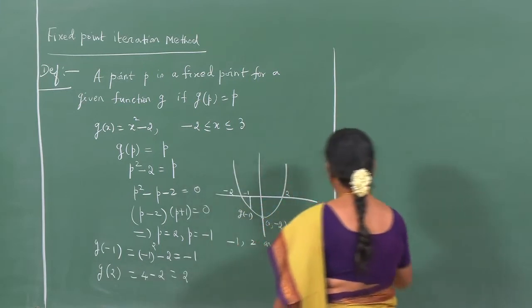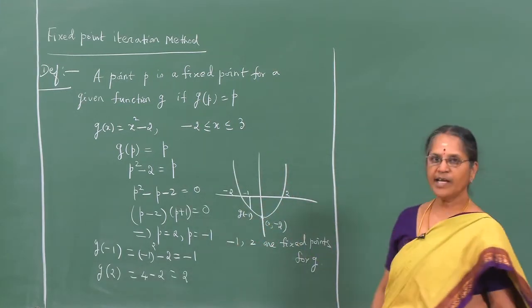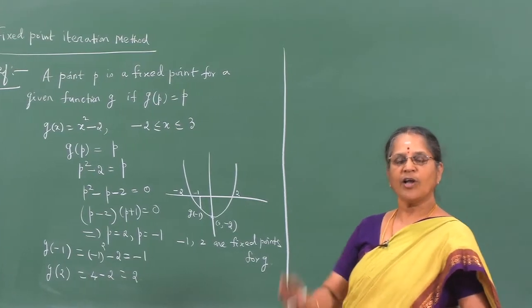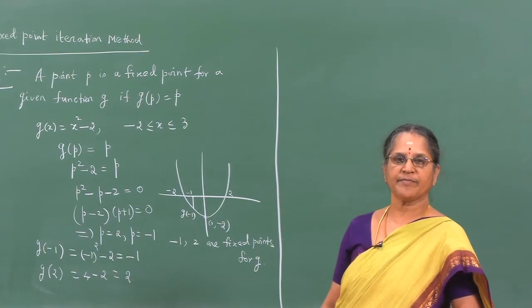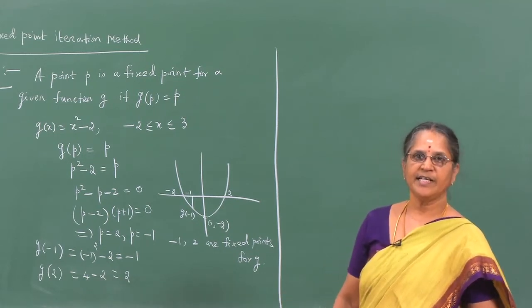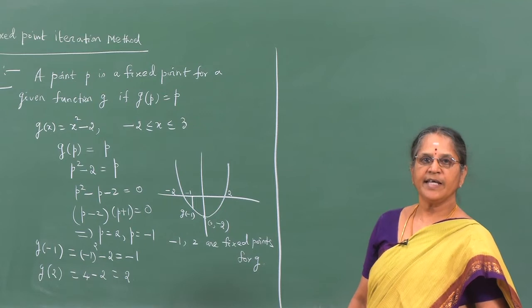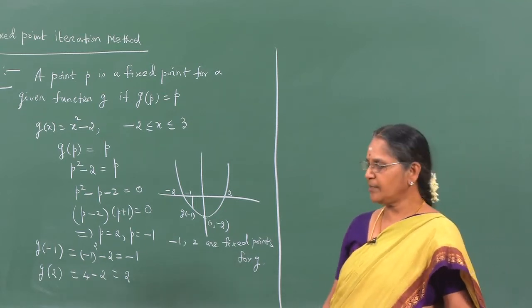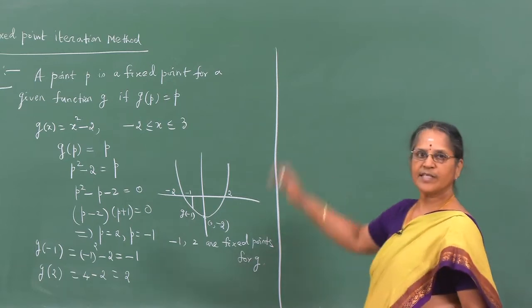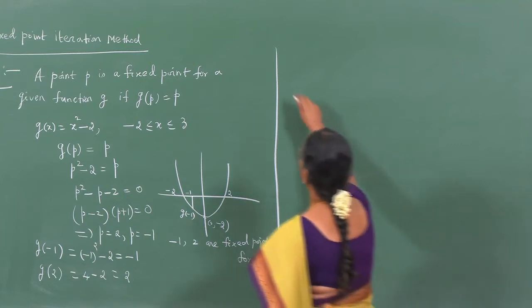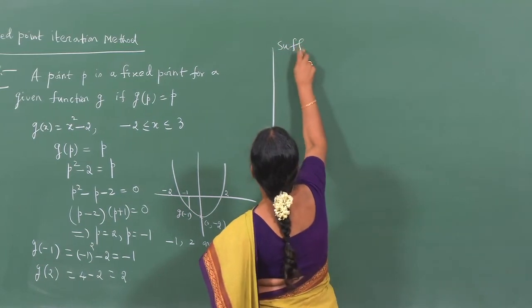The question now arises, given a function g, does it always have a fixed point, or are there conditions which should be satisfied by g so that the fixed points for that function in an interval are guaranteed? So, let us now consider the following result, which gives us the sufficient condition for